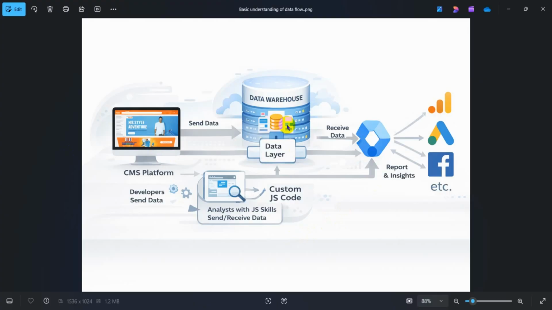Yes, there is one more new way to enable the data layer. If you are familiar with JS and don't want to ask your developer for assistance, then yes, you can do it through Google Tag Manager. With the help of custom JavaScript in Google Tag Manager, you can enable the data layer for your